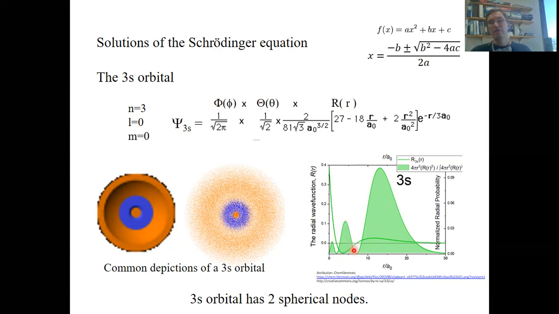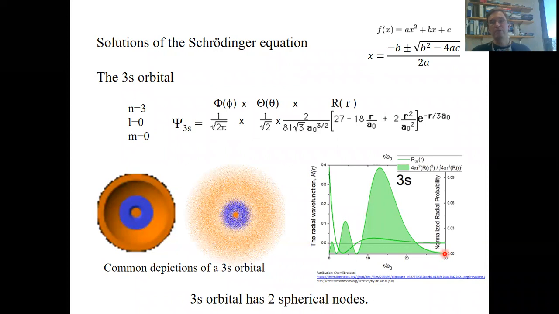Then here we have our second node. Again here the probability is 0. And then we go here through the largest third maximum. And then our probability declines further and becomes eventually 0 as we go very far away from the nucleus. Okay, so overall the probability to find the electron